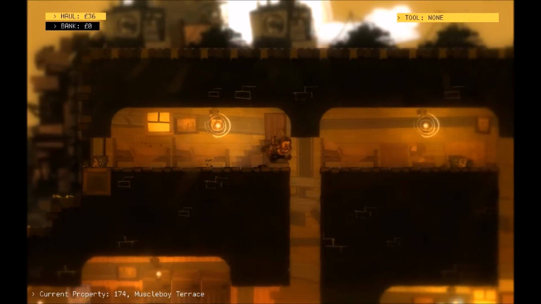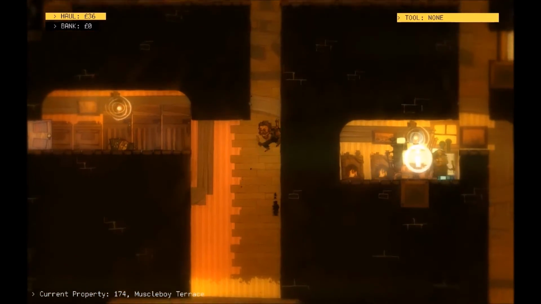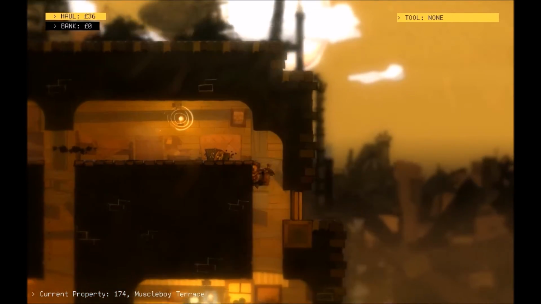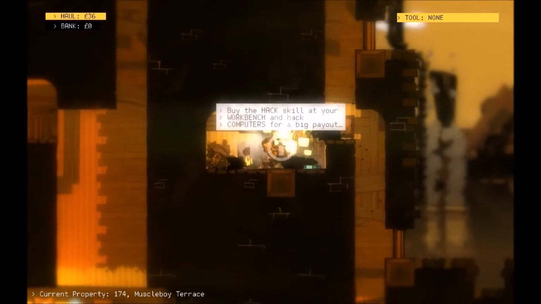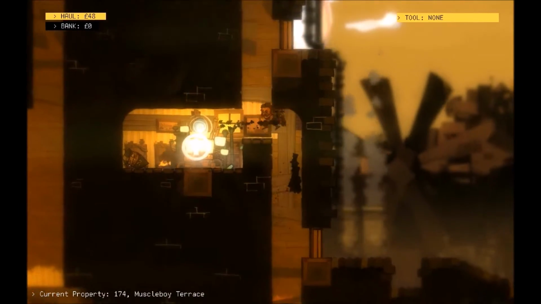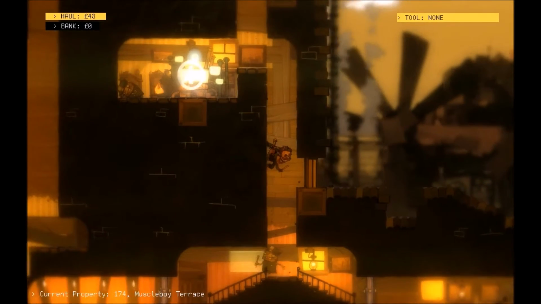No computers I can see as of yet. Oh, there's one down there. Once we get the hack skill, we'll be able to get that for sure. Right, we'll knock him out and just grab that. Right, we're looking to get 100 of these pounds. So, oh boy,